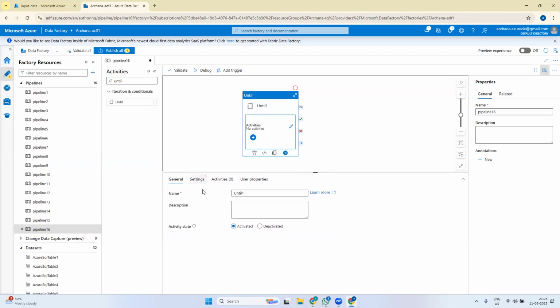Whatever it takes as input, right? If condition takes both true or false, but until will take some input. Whenever the input is false, it will keep running until the input is true. When it is true, it will stop running and move forward. But the pipeline which is placed inside this until activity will keep on running whenever the status of the input is false. Okay, for this what we'll do is